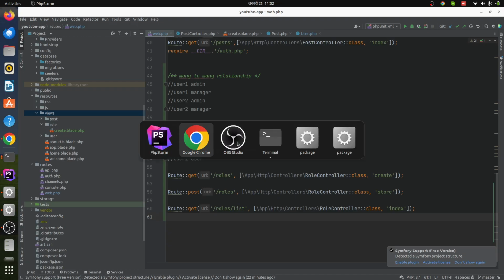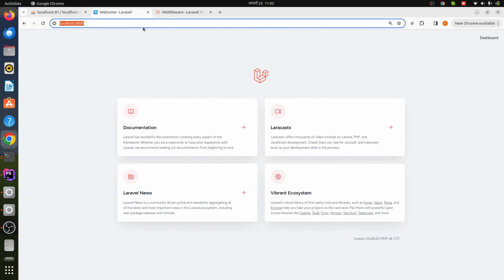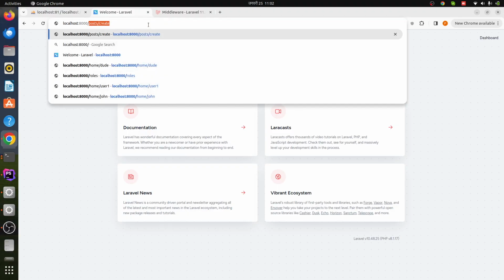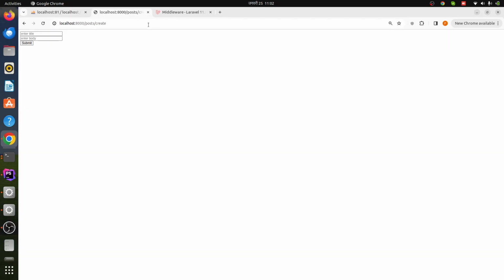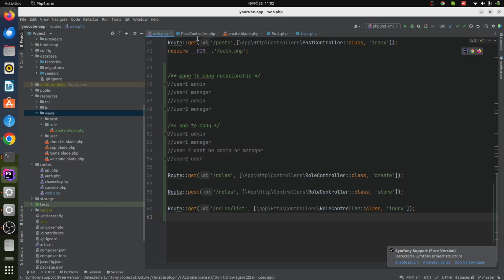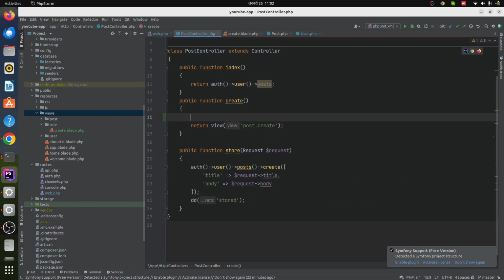Now let me go to the browser at first. I think we all already have a system that can create the post. So now if I go to this post slash create URL, I am redirected to this form field, right? Now what I want to do is I want this form to only be visible if the authenticated user is greater than 18, right? So for that, let me go to our post controller, and inside this create method, I'm gonna say if